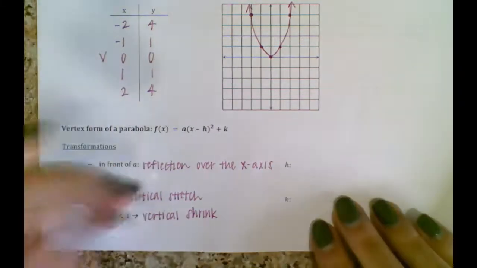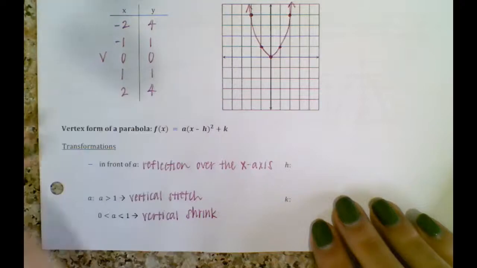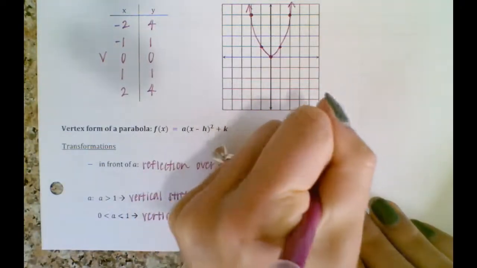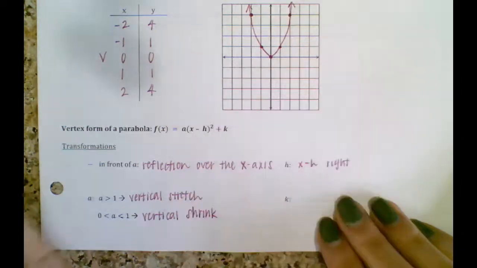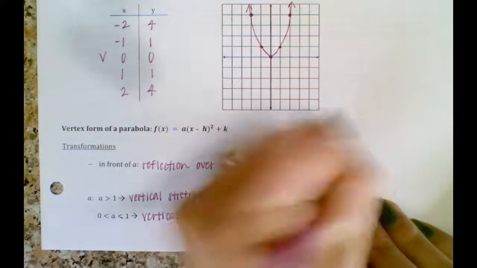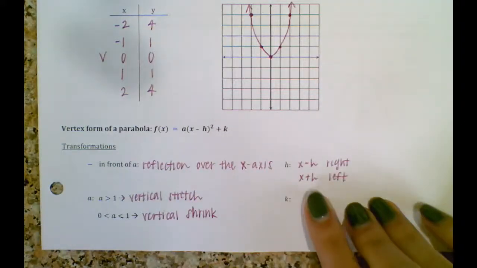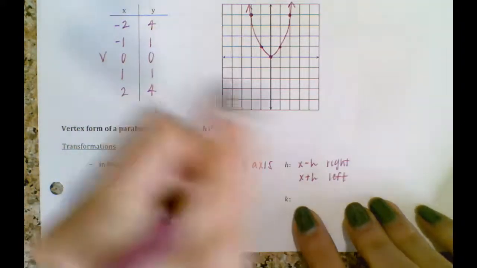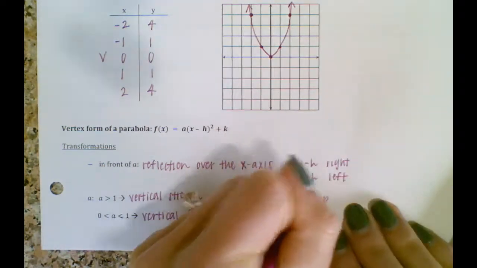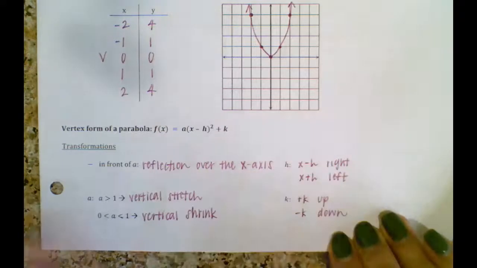All right, this h value tells you if you move left or right. If it says x minus h, you're moving to the right because h is positive. If it says x plus h, you're moving to the left because h is actually negative there, okay? And then k, if it says plus k, you're moving up. If it says minus k, you're moving down. All right,